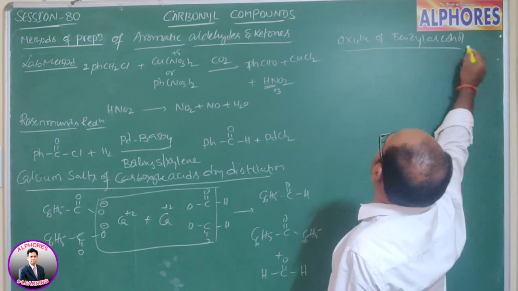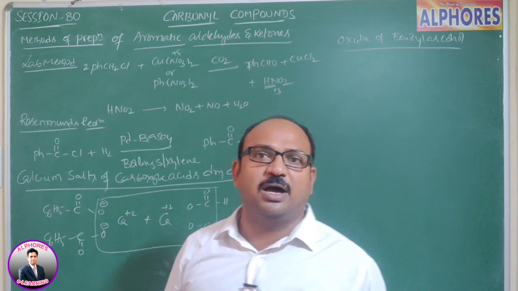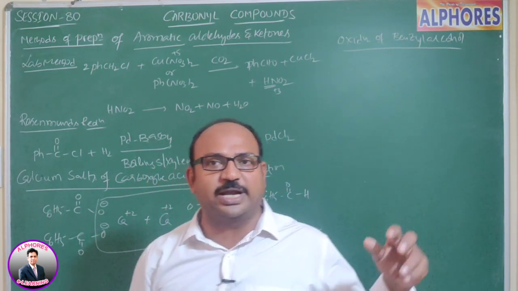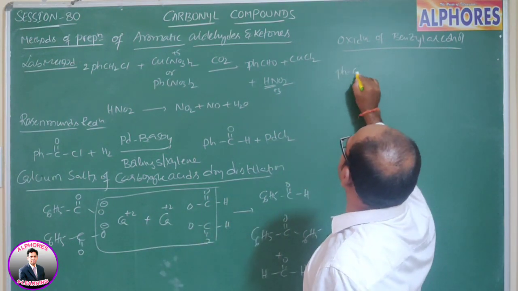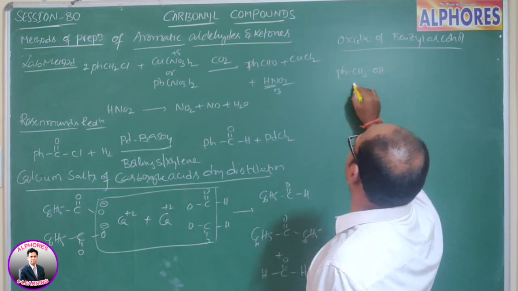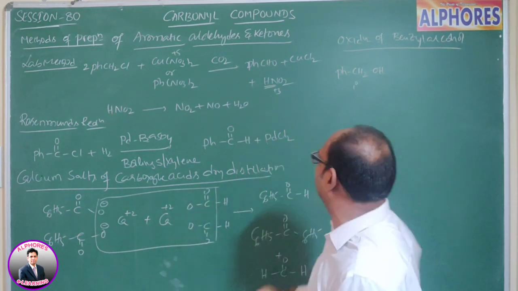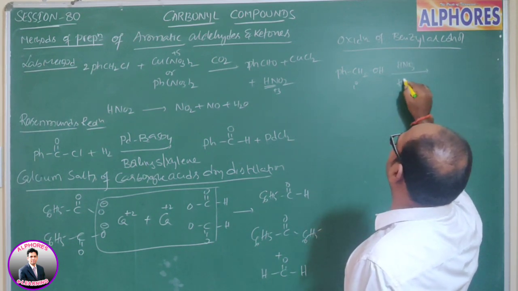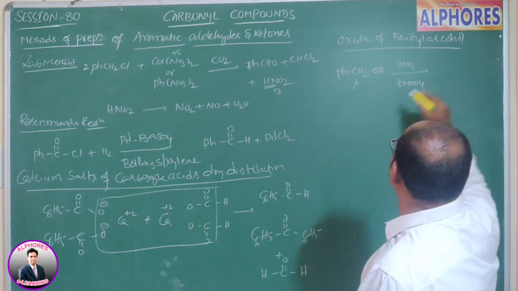As we learned, alcohols upon oxidation give aldehydes or ketones. Primary alcohols upon oxidation give aldehydes. Secondary alcohols upon oxidation give ketones. Here, benzyl alcohol, PhCH2OH, is a primary alcohol. And upon oxidation, for this oxidation, in general we use nitric acid or acidified KMnO4 reagents, and we get